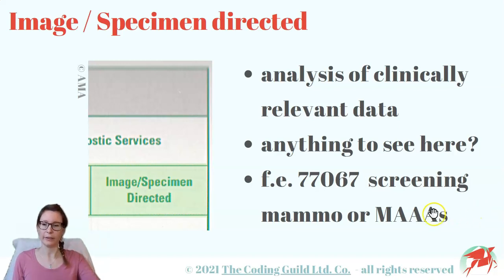Other examples for this are multi-analyte assays with algorithmic analyses from Appendix O. These services specify a patient's risk of disease recurrence, and other probabilities of illness. Again, the algorithm is looking for something suspicious in the huge pool of data to help the physician come to some kind of conclusion about the patient's health. As of today, this column only has these two types of services: codes for computer-aided detection on radiologic imaging, and multi-analyte assay codes.